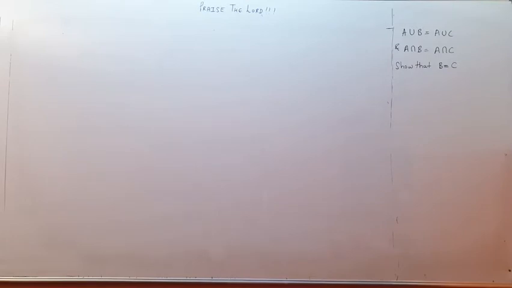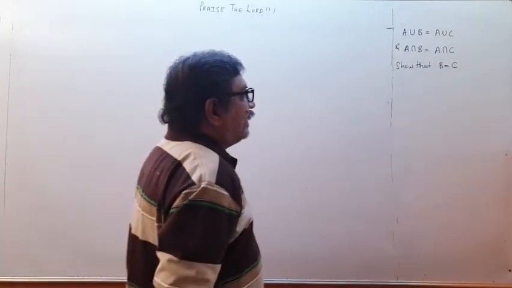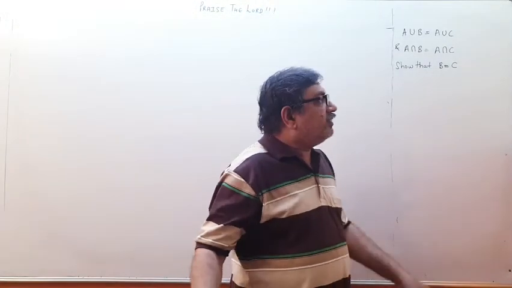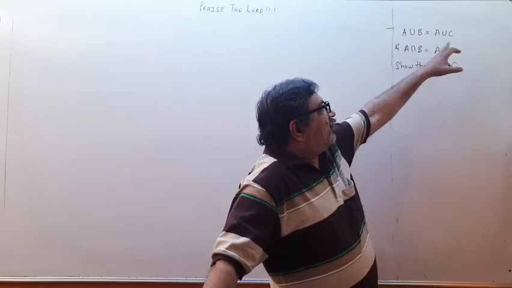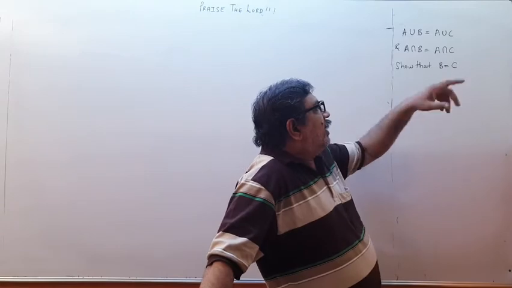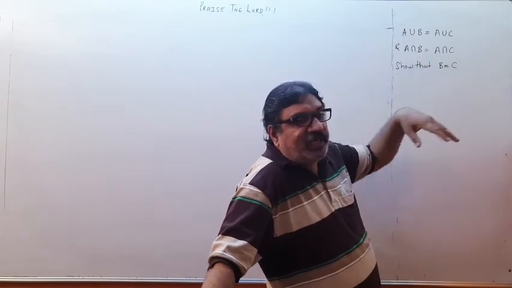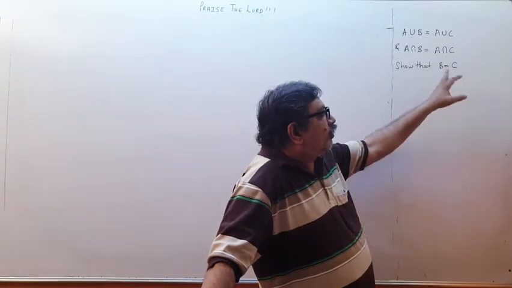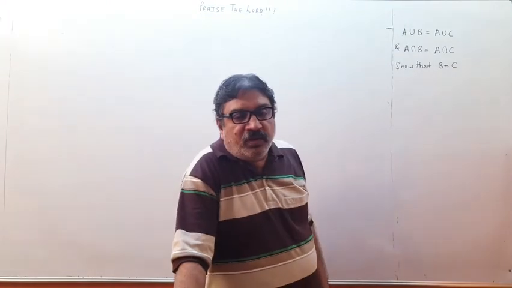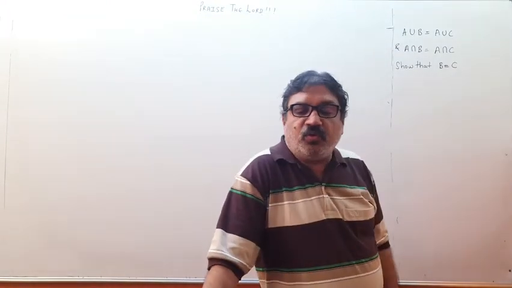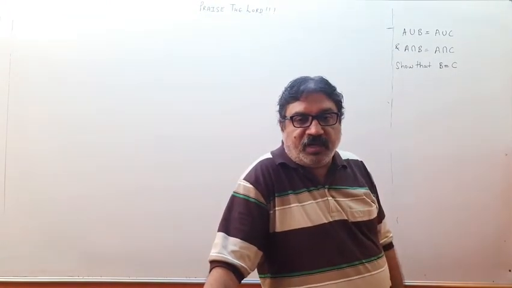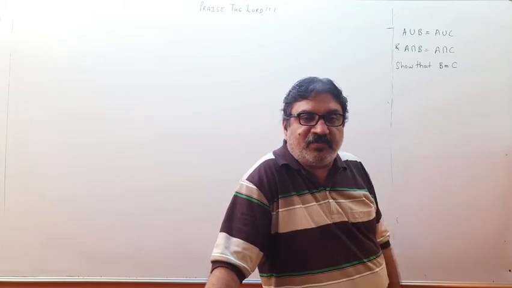Okay, we are having the next question, children. It is given to me that for three sets A, B, C, A union B is same as A union C and A intersection B is same as A intersection C. We have to prove that B equal to C. So children, in set theory, how do you prove two sets to be equal? Understand the technique, please listen nicely.